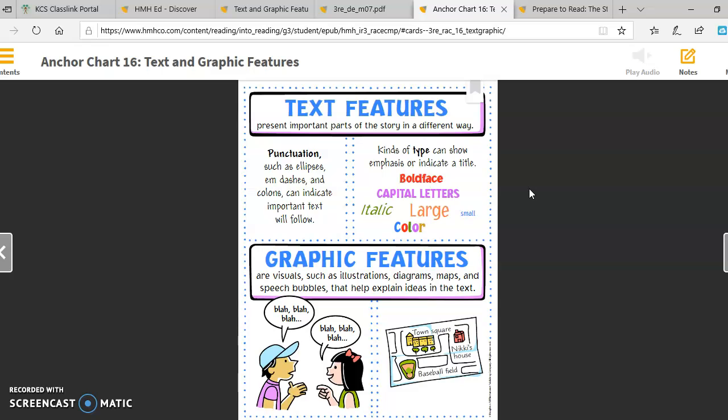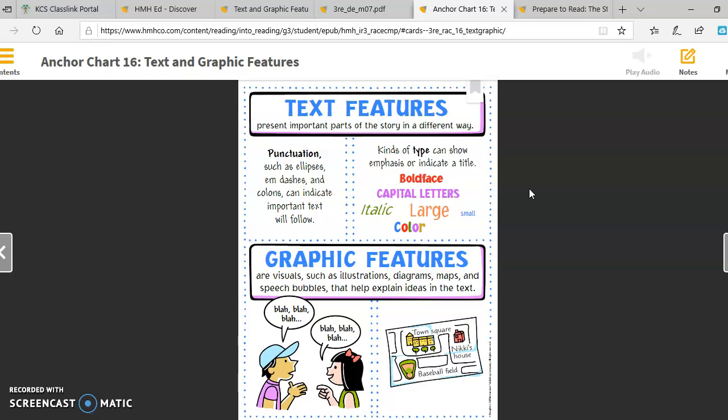So all of these things can be used to draw the reader's attention. Maybe that different kind of type is drawing the reader's attention. You may use that italic text to indicate words and phrases in languages other than English. Okay, so